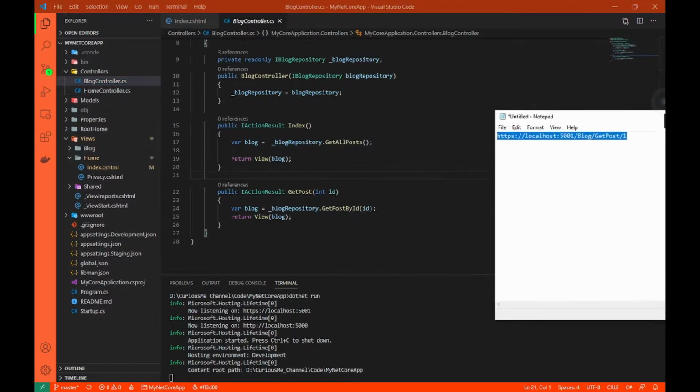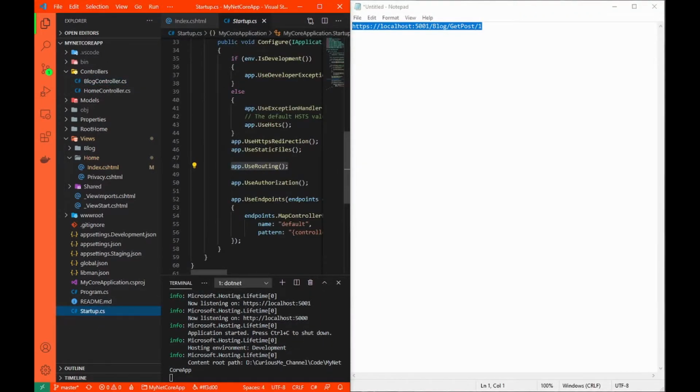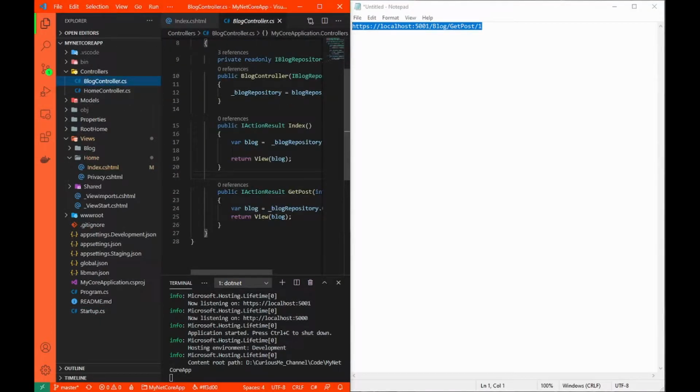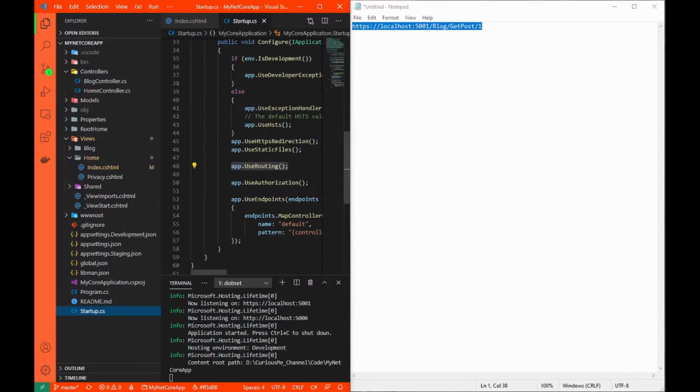Let me open them side by side. What I'm saying is, when you send in this URL, app.UseRouting takes this URL and tries to tokenize it. Then once done, it tries to find out the best matching action that can be executed against our URL. That is the only job of app.UseRouting.